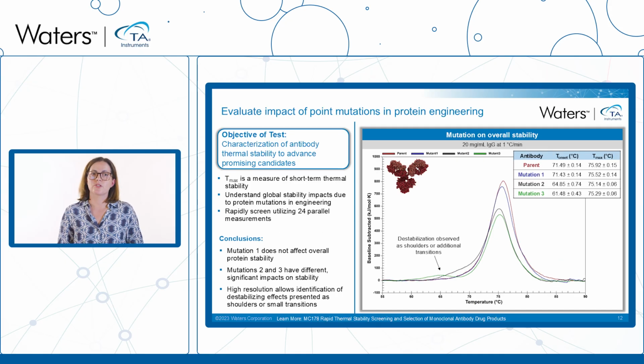Optimizing protein structure and function is essential in drug development and protein development. So things like protein mutations, single amino acid modifications are a common strategy that is used to improve protein stability. So in this example, we are looking at how antibody stability is affected by sequence modifications